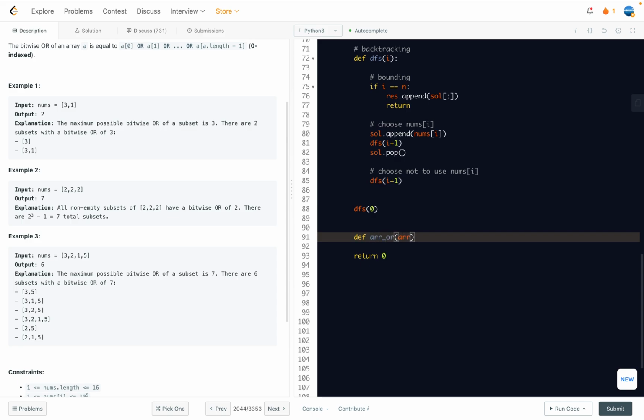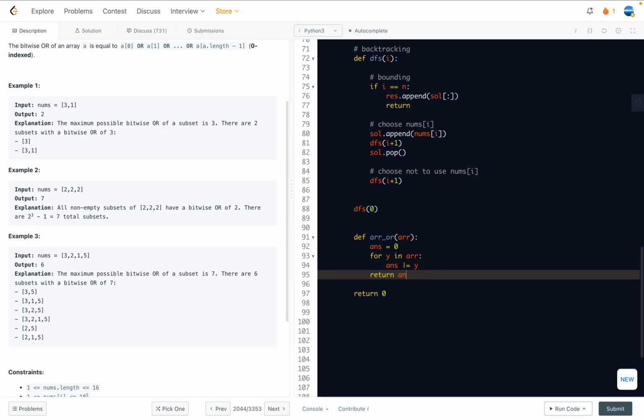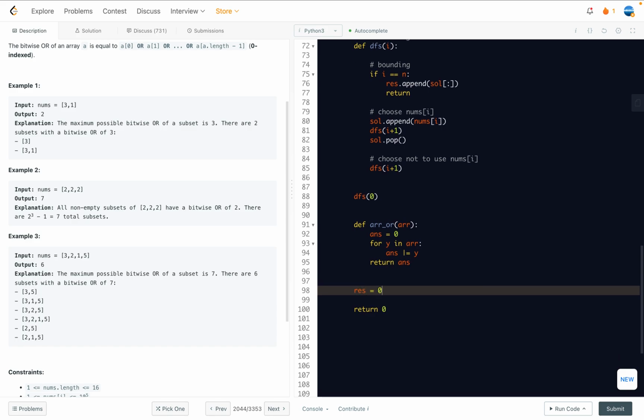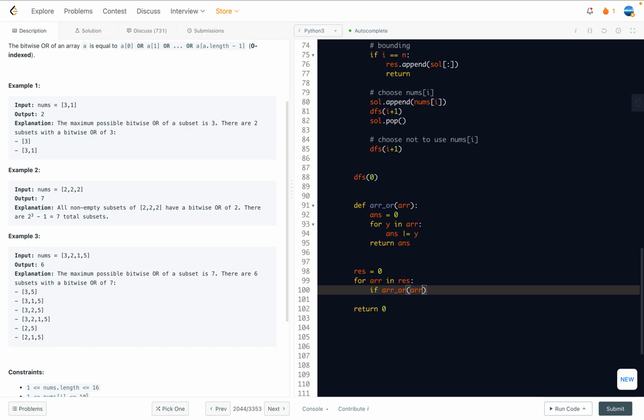So given an array, and then let's see, answer equals 0. Then for y in array, answer bitwise AND equals this y, and then return answer. Then what we are going to do here is set a result equals 0, and then we scan the result list. So for array in result, if array OR equals target, then we are going to